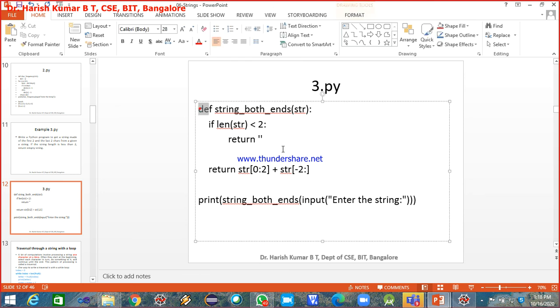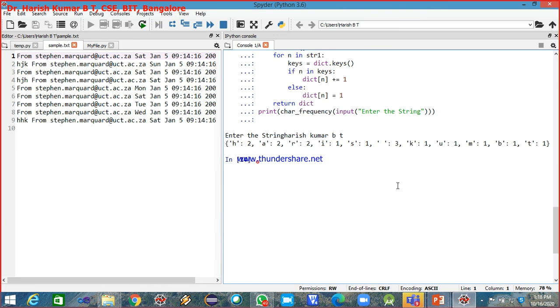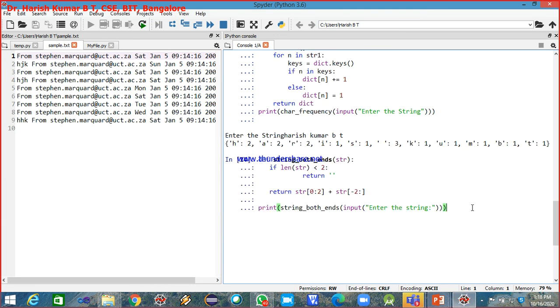So we'll run this. So this way also you can do it, or you can do the way you have messaged me. That is also correct. So let me enter this. First two and last two characters are taken and a new string is made.